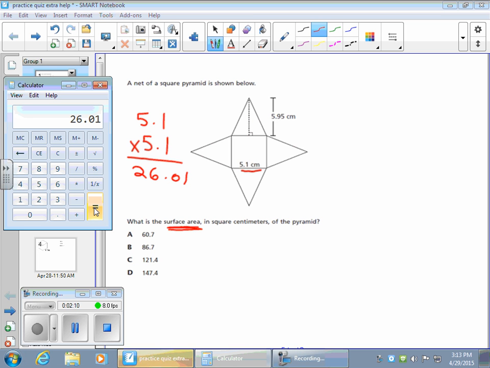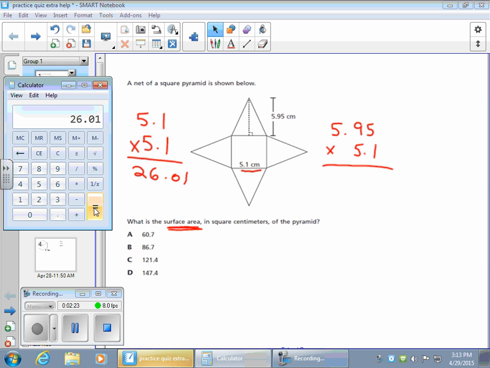Now I have 4 triangles. Each one is 5.95 by 5.1. So I remember a triangle is base times height divided by 2. So I'll do 5.95 times 5.1 equals